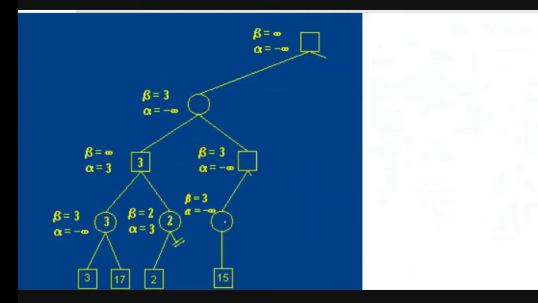Now this is the minima. So the minima means the beta we have to check. The beta has to be compared with this. So can we update this because we want a minimum value? So 3 is less than 15. So we do not need to go for a change in the beta. So we'll keep it as it is.